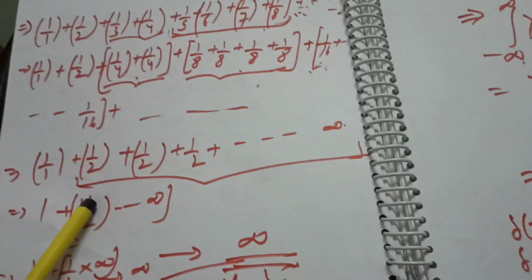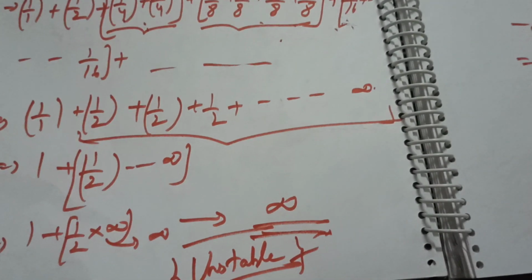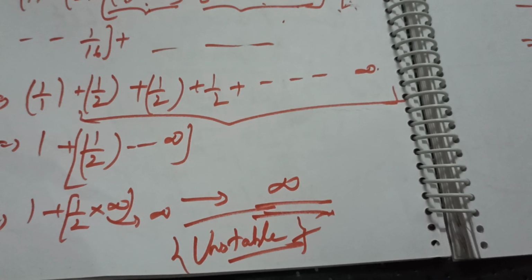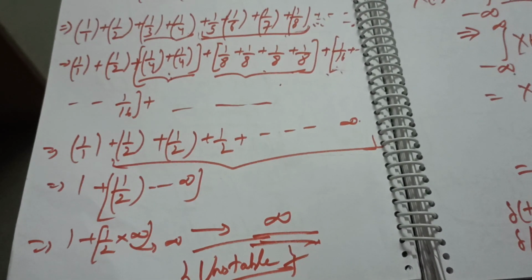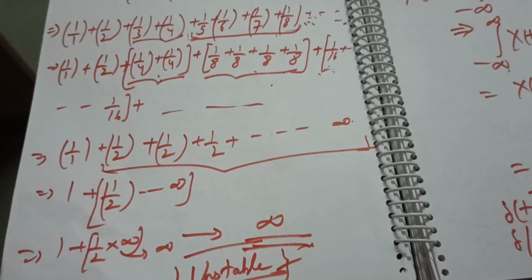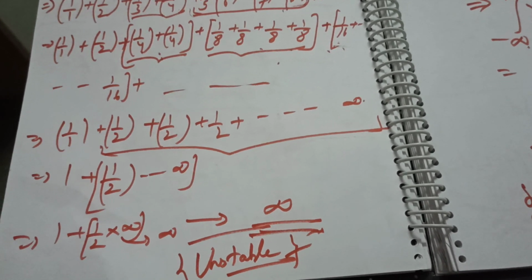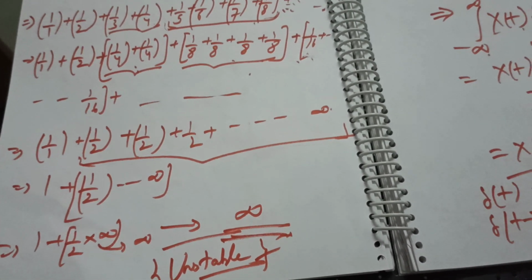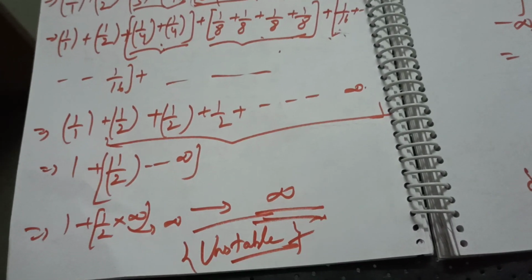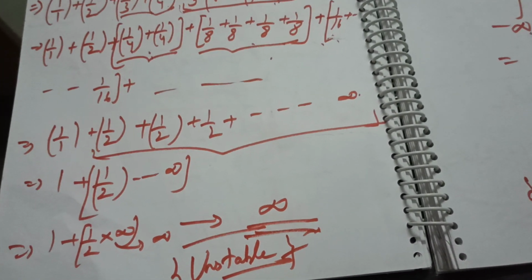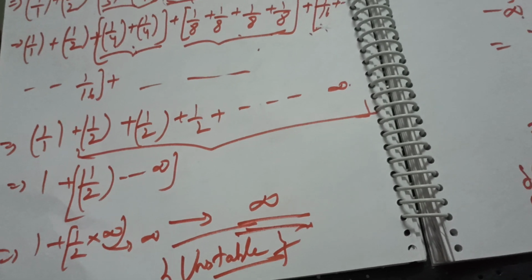So, just remember my point, if this sequence is coming out to be infinity, then we can surely say that a sequence larger than this will come out to be infinity also. For example, if we are saying that 2 is going to infinity, then we can bluntly say that the same number multiplied with 3 will definitely go to infinity. That is what is happening now. This is a sequence starting from 1, the common ratio is 1 by 2 and going towards infinity. So I can say straight away that the below sequence will also go towards infinity.